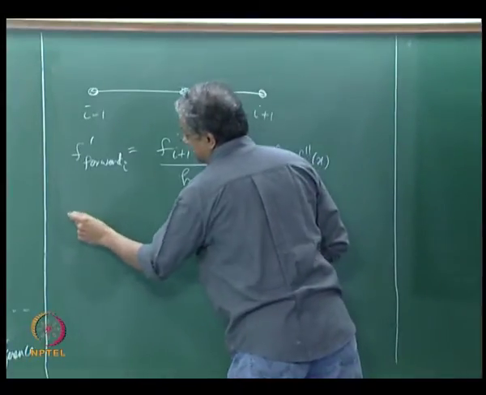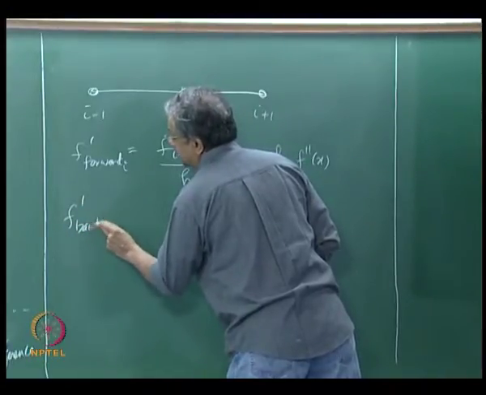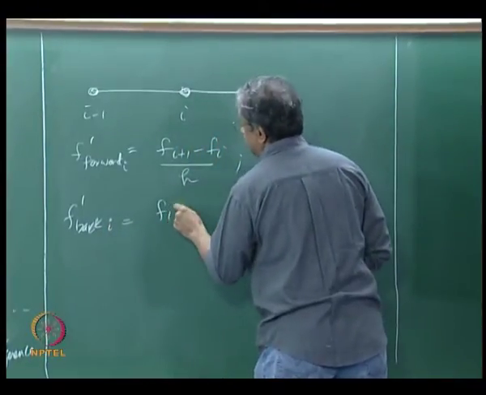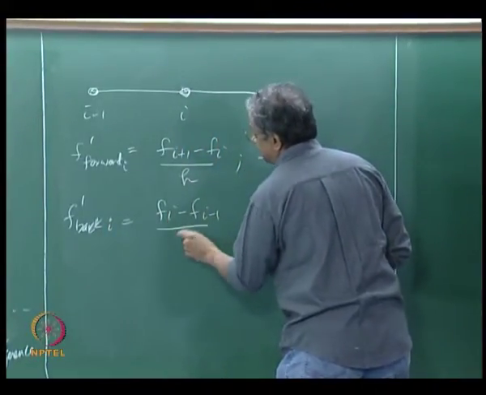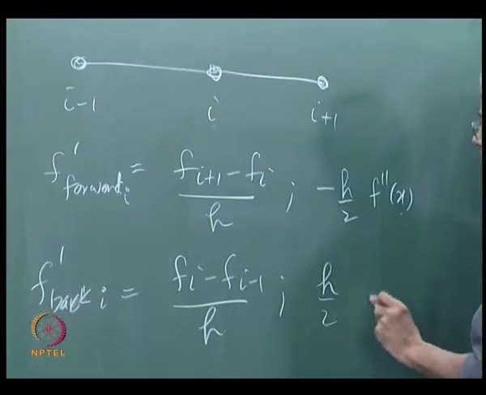Then I have another approximation, the backward difference at i, which is f_i minus f_{i-1} by h, and the truncation error here is